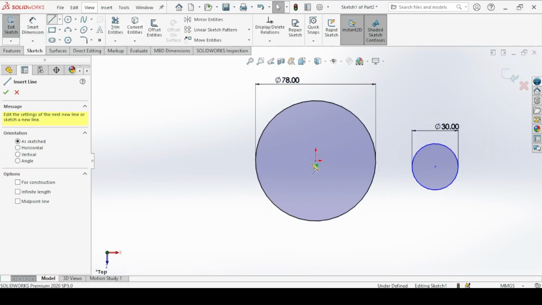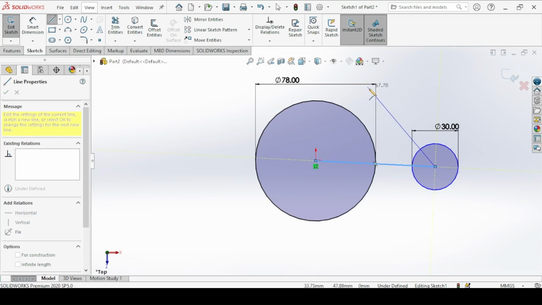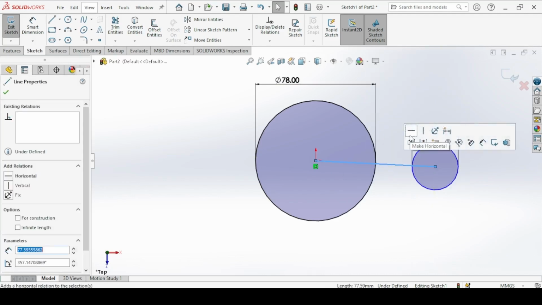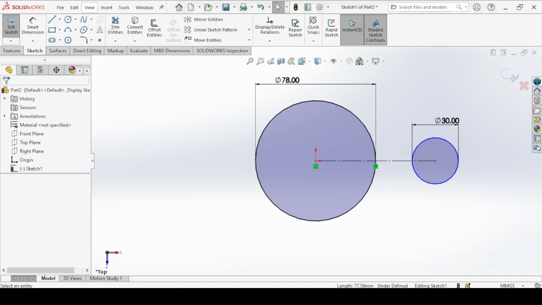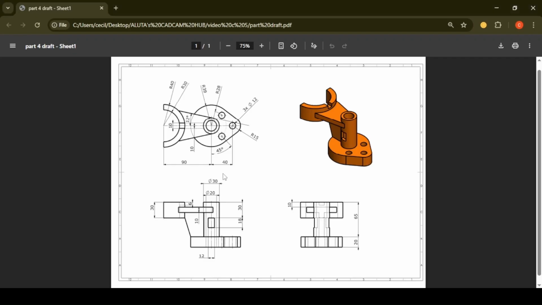I'll use a line to connect the two centers. Make sure the line is horizontal and a construction geometry. The distance between the two centers, or the distance of the line, is 40 millimeters.